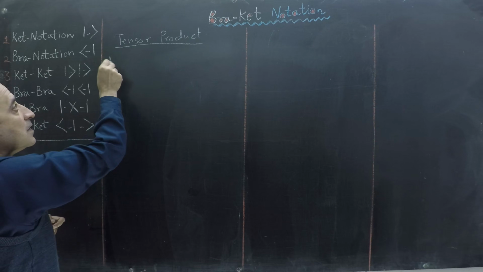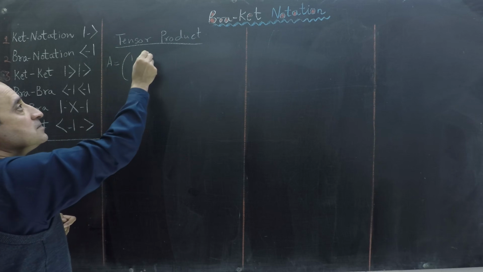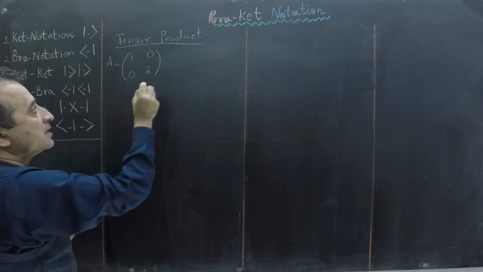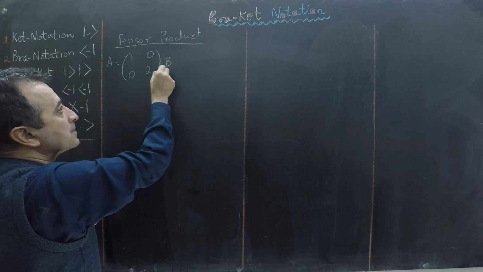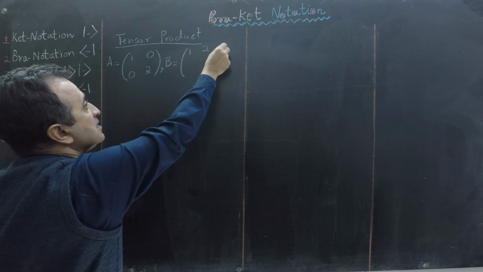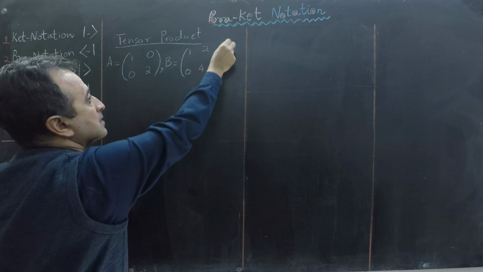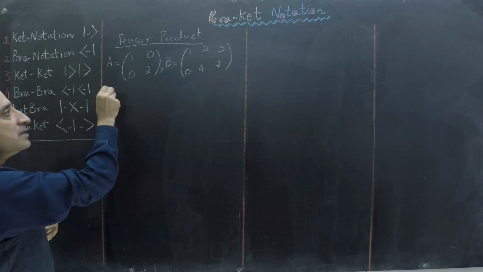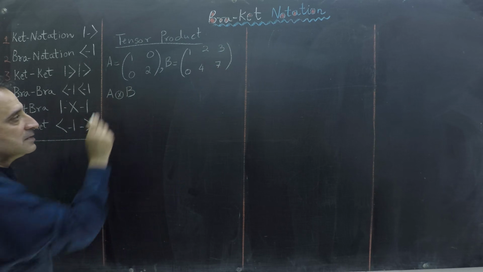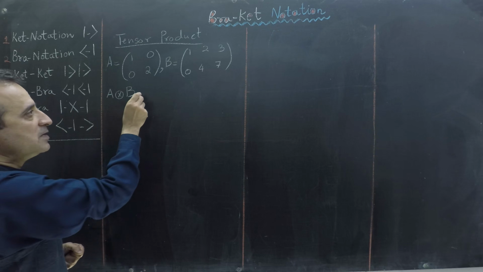I have a matrix A which is equal to [1, 0; 0, 2], and I have a matrix B which is equal to [1, 2, 3; 0, 4, 7]. I have to calculate the tensor product of A and B. This sign represents the tensor product. So the tensor product of A and B will be equal to